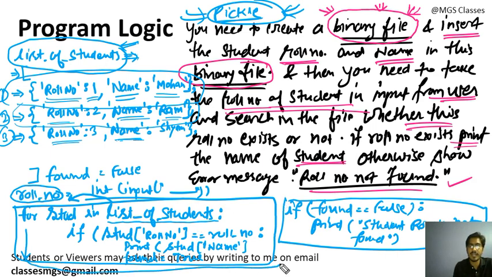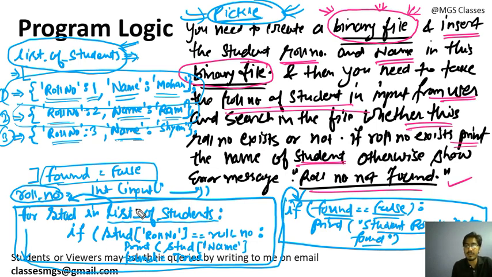After the end of the for loop, you can write it like this. We make found true only in case the roll number is found in this particular list. Otherwise it remains false, and if the found value is still false, that means the roll number is not matched with any student roll number in the list, so we can say that the student roll number is not found. If you understand this logic, it will be better, because understanding this logic is very important to understand this program. Okay, now this is the first logic.